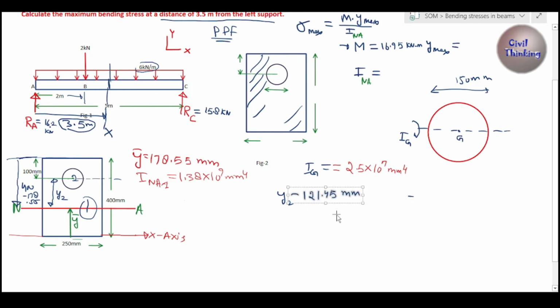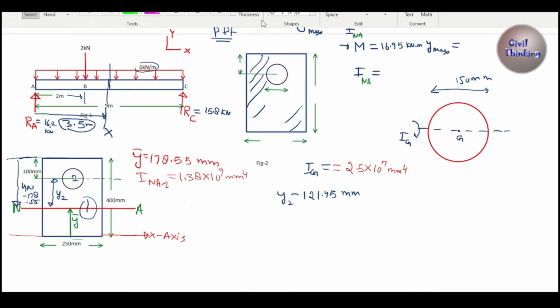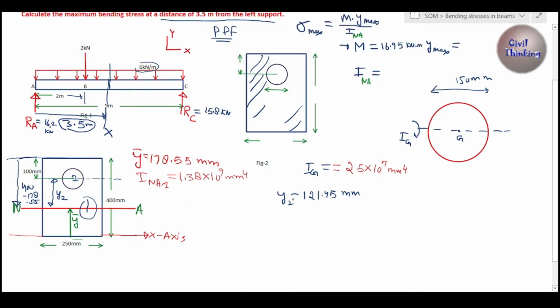Let's keep it here. Somewhere here is the neutral axis, right? Neutral axis, and from here up to here is y2, right? It is 121.45 millimeters, right? Now we can apply the theorem of parallel axis